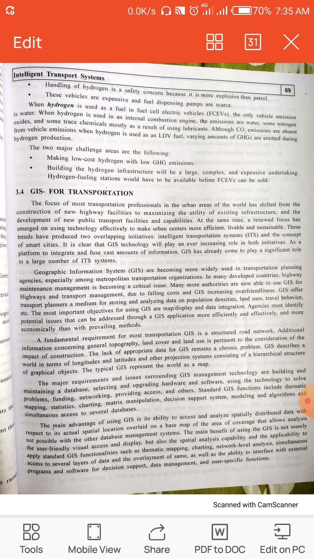centers more efficient, and in a short time we complete the entire work or ease the transportation system by using the GIS system. Now GIS has become more widely used in transportation planning agencies, especially among metropolitan transportation organizations, and in many countries highway maintenance management has become a critical issue, and many more authorities are allowed to use GIS for highway and transportation management, and GIS applications are more efficient, effective and more economical